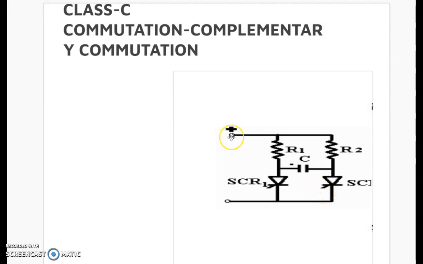Now the current starts to flow from the positive end via R2, charging the capacitor in the opposite direction, and flows from SCR1 to negative. When we want to stop SCR1, we give a gate pulse to SCR2. So when the gate pulse is given to SCR2, now this end is positive and this end is negative. Positive supply is given back to here. Since both of these are positive, SCR1 stops. So to stop SCR2, we need to give a gate pulse to SCR1, and to stop SCR1, we need to give a gate pulse to SCR2. So this is why class C commutation is known as complementary commutation.